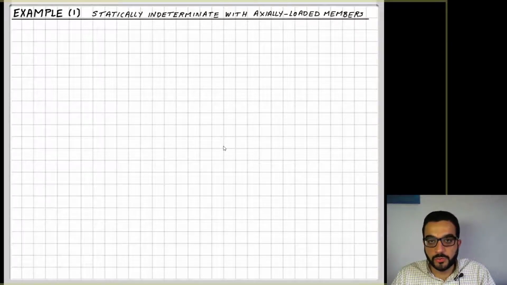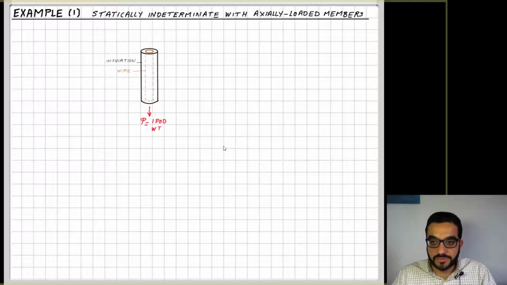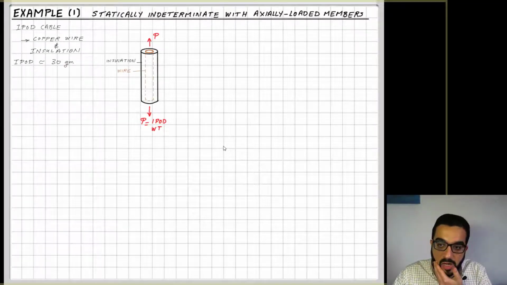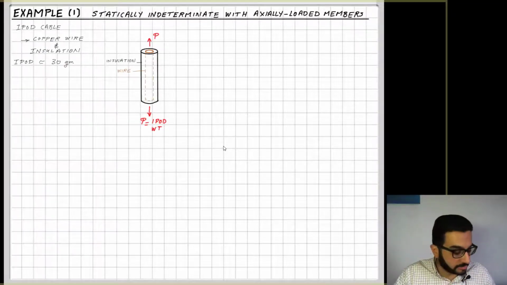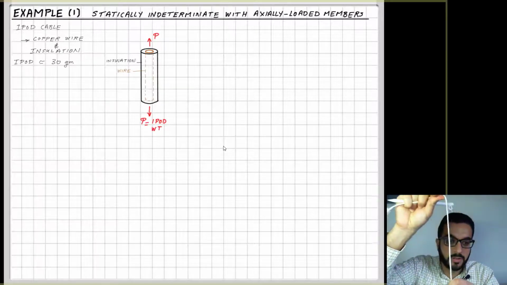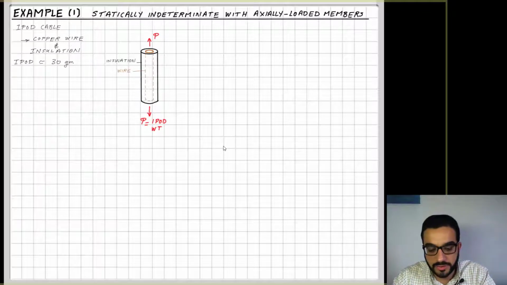In this video, we'll go over another example of statically indeterminate axially loaded members. In this example, I'm giving a very trivial, easy, and also relevant example. We have a cable for our iPod. If you're a little younger than me, you probably didn't deal with iPods, but they have audio cables. So you have one of these cables here, and inside it